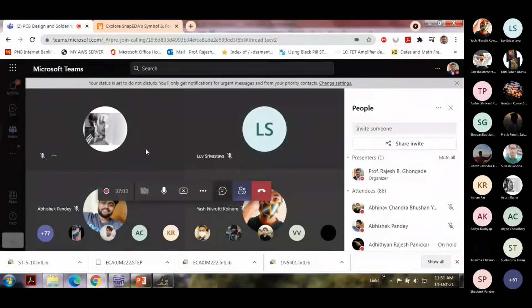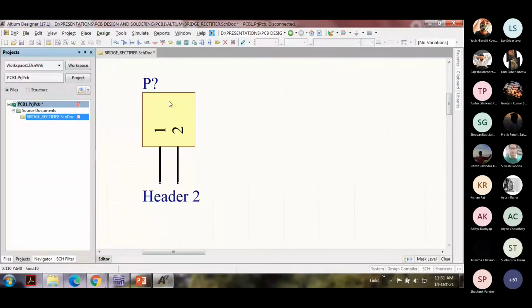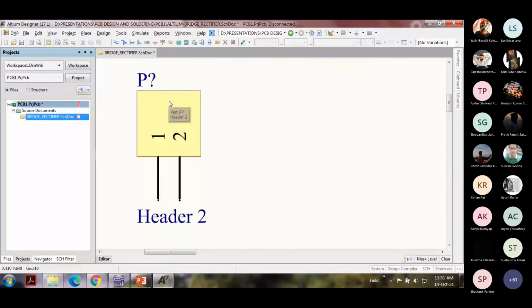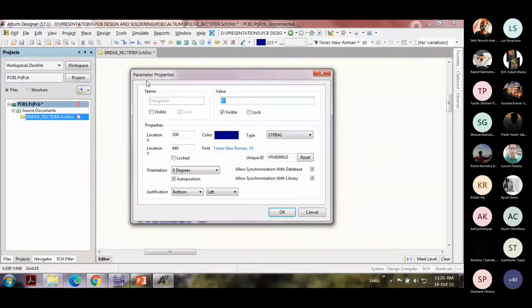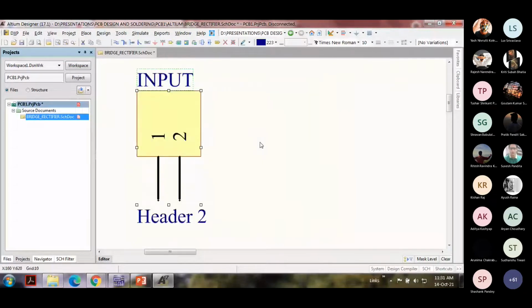One more important thing: make a practice that as soon as you place a component, you provide a label over there. You can double click on that label. It is called a designator. For example, I call it input.